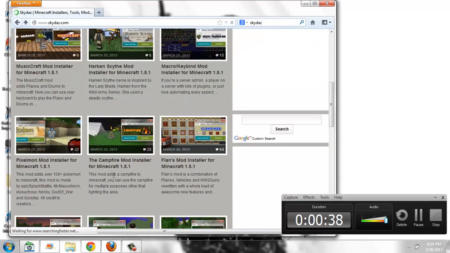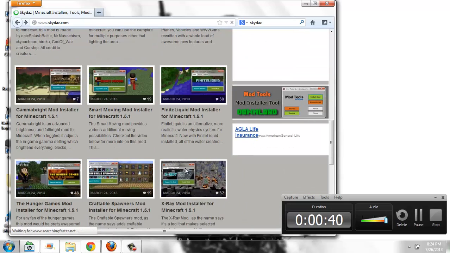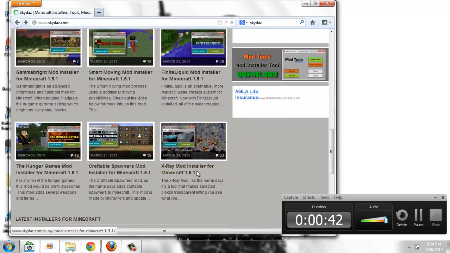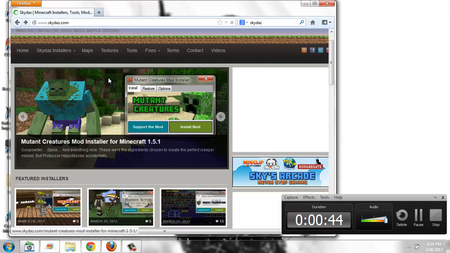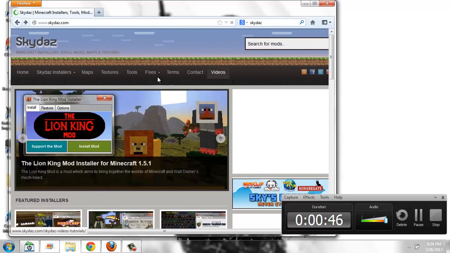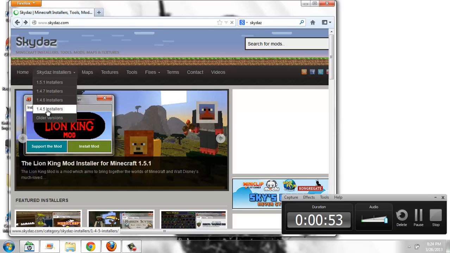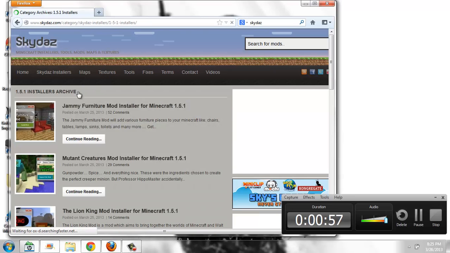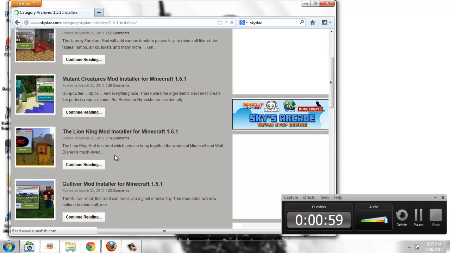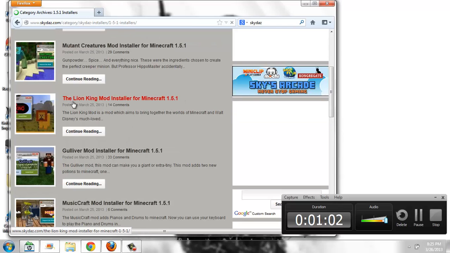It will show you the version you have, 1.5.1. If you have the older versions, go here, and it has older versions. I have 1.5.1.